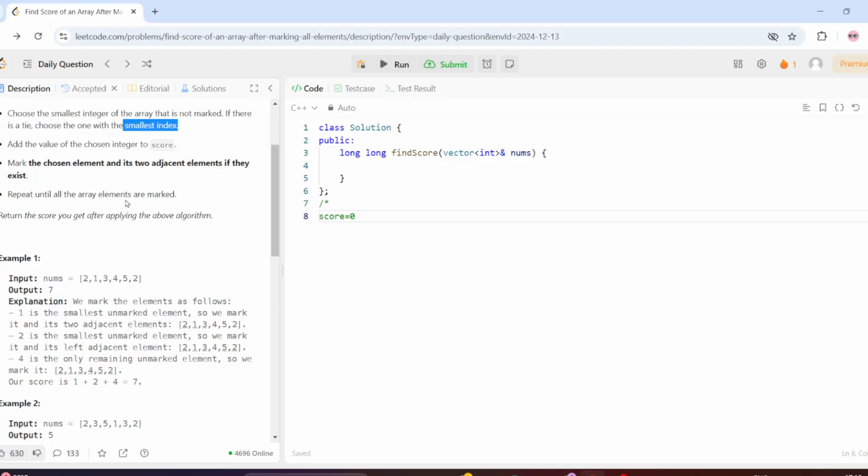Repeat until all the array elements are marked, and we have to repeat this process until all the elements in nums are marked. Return the score you get after applying the algorithm. After applying this algorithm, we have to return the score of the nums. Okay, so we can see here the